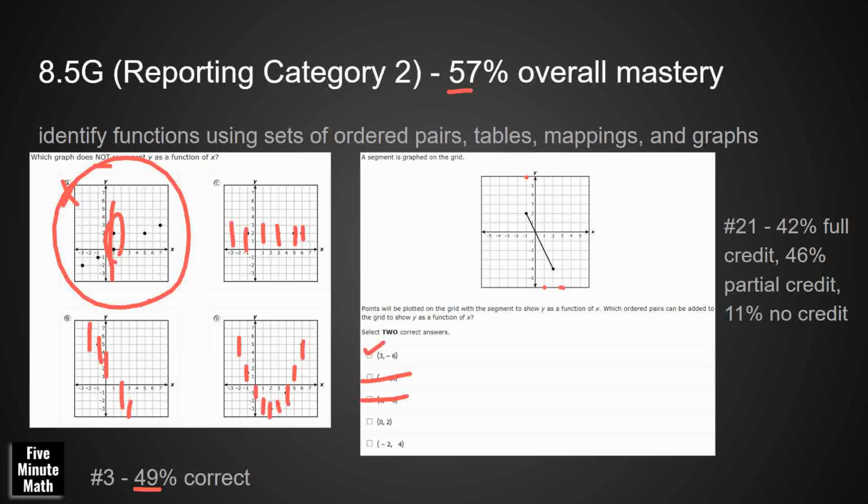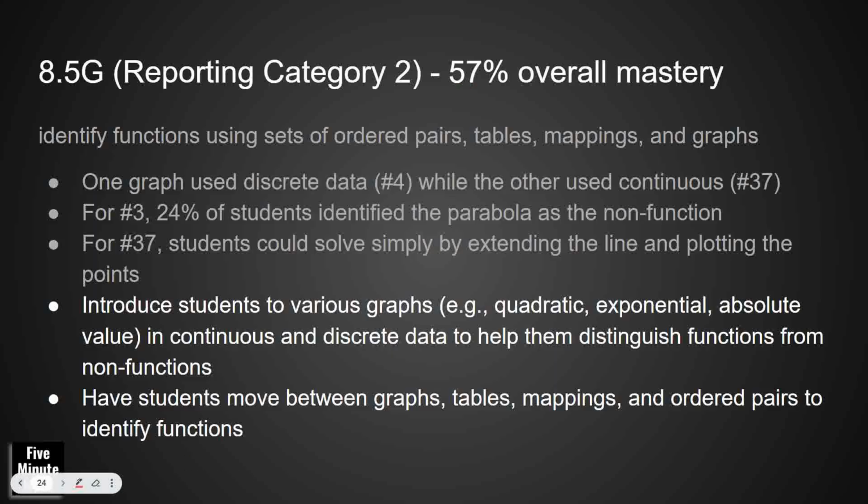I've got 0, 2, not going to work. And then -2, 4. That does work because that extends that line. So the 3 that did not work ended up having the same x value as the segment that's there, and it would not pass the vertical line test because we're going to hit 2 times for all of those. So the correct answer is the first option and the 5th option. And so